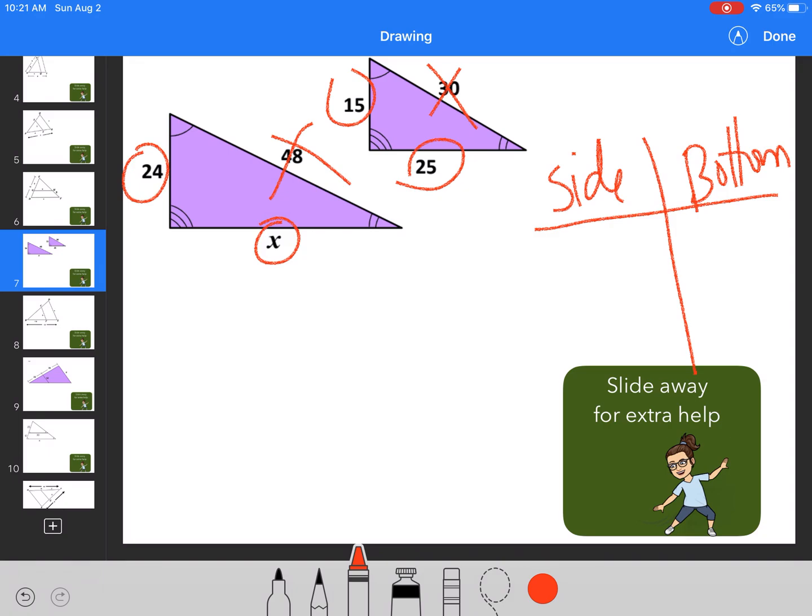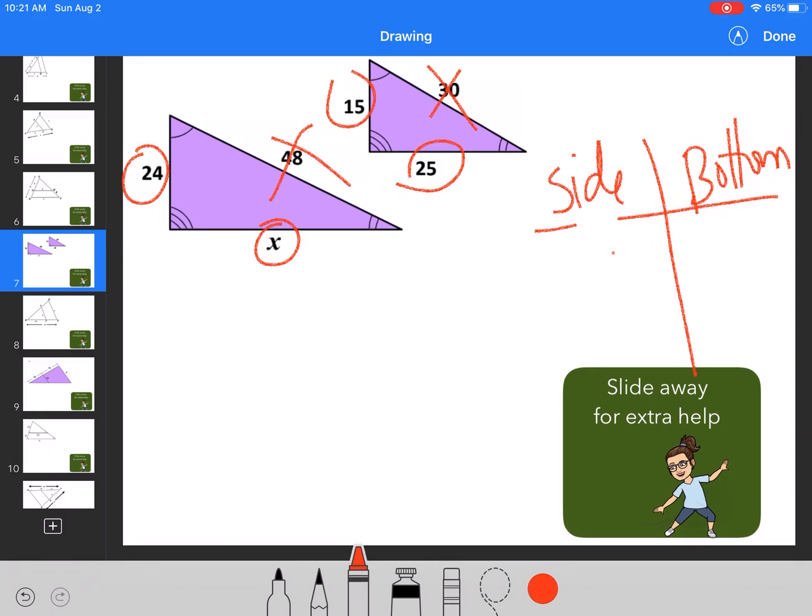So I know that I have a 24. I know, well, hang on. I want to start with the one I have all the information on. So that would be the smaller one. So I have 15. I want to get to 1. And then I'm going to go to 25. So if I'm matching my corresponding sides, I know